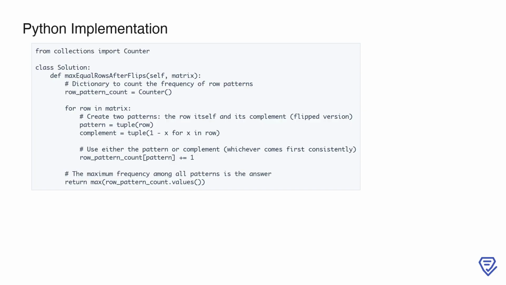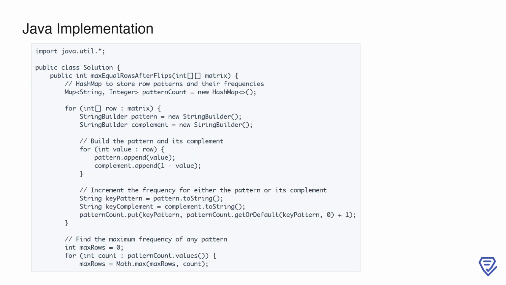This concise yet effective approach ensures correctness and handles all edge cases, such as matrices with all identical rows or rows that are completely different. Here, we start by importing the necessary Java utilities and defining our solution class. The method maxEqualRowsAfterFlips takes a 2D matrix as input and calculates the maximum number of rows that can be made